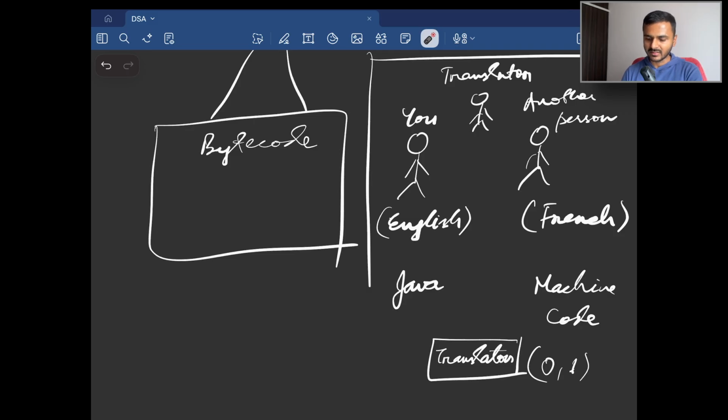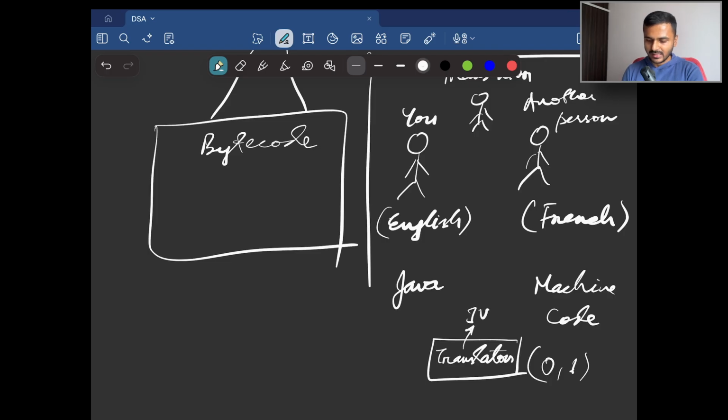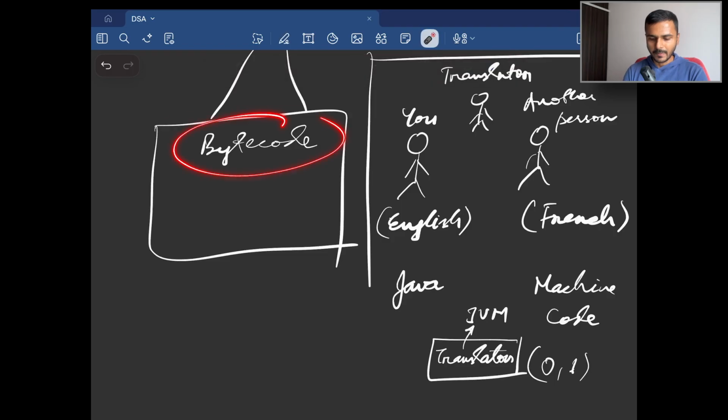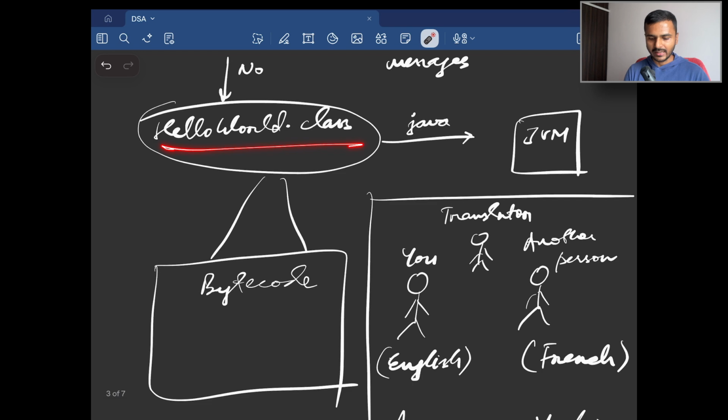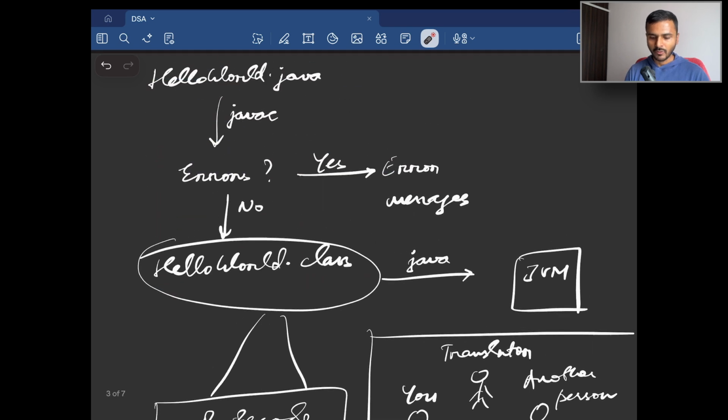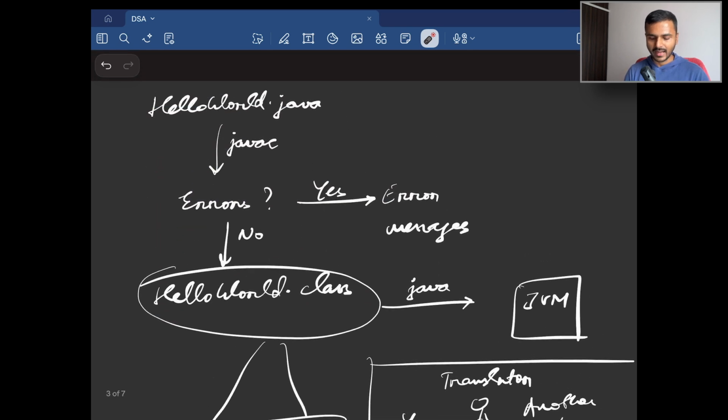And what will happen in this scenario? The Java code will be translated into the machine code and given to the computer to work with it. So in this case, that translator is the JVM. And what it translates is the bytecode. And as we know already, bytecode is present in the helloworld.class file, which got generated as the result of compiling the